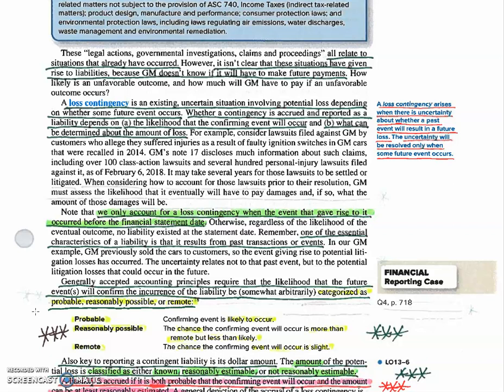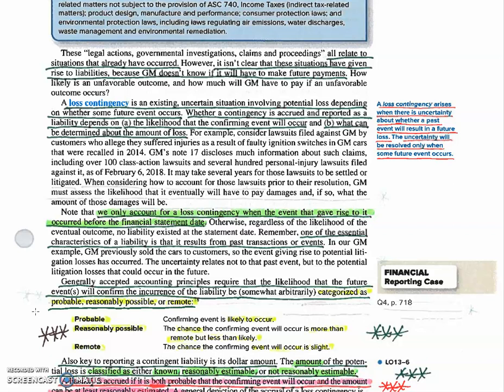So in this case, when we can only estimate it within a range, we record the bottom end of the range. And then if we record $200,000 this year, when we settle it next year, we have to record an additional $20,000 expense. Well, that's just the breaks, but we had to do something. Now, under IFRS, you would actually record the midpoint of the range. So you would record a liability in the first year of $250,000.